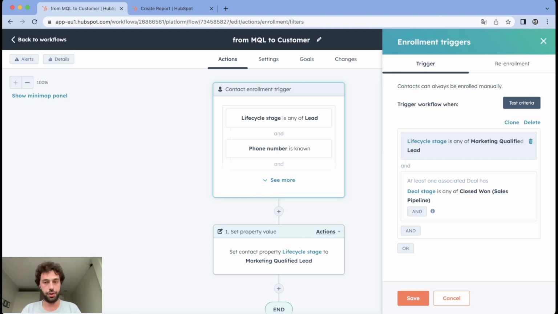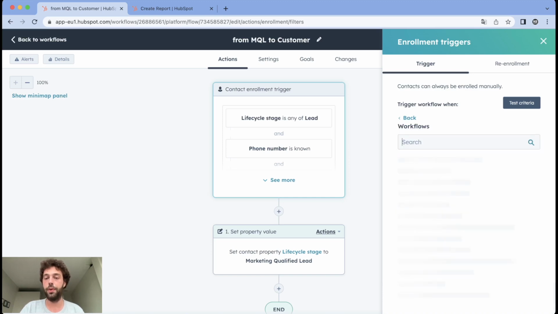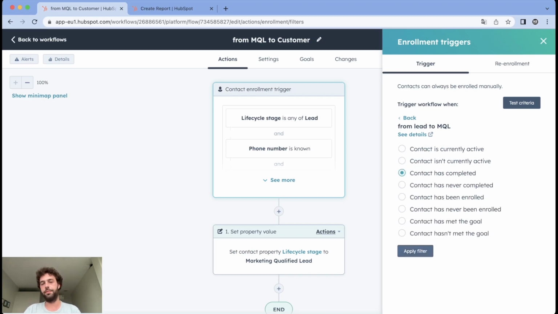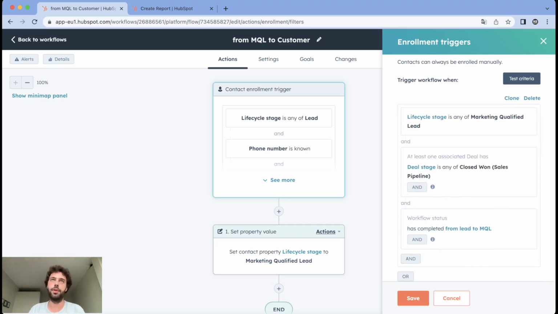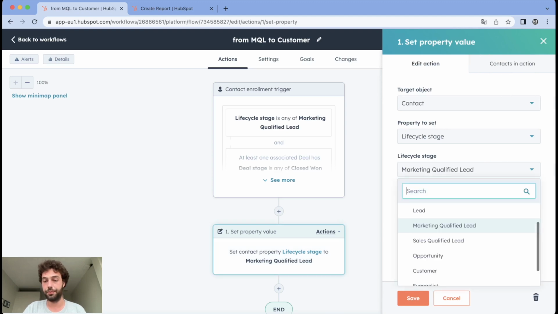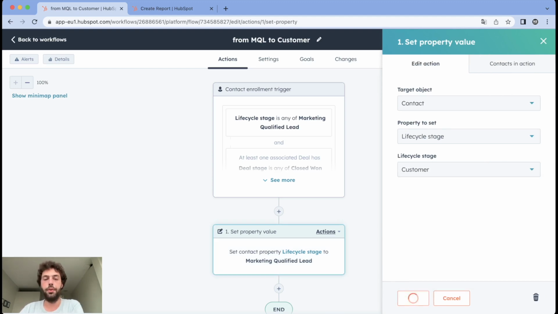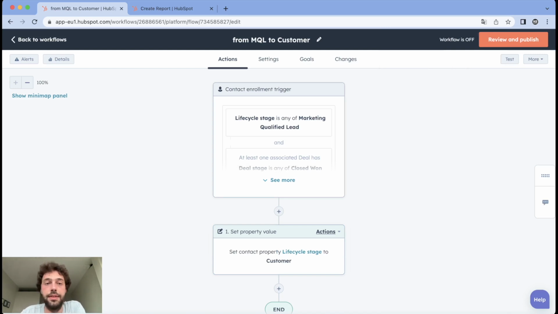So to be sure that all those leads have been through our first qualification workflow, our first lifecycle workflow, we just add this criterion, clicking on AND: workflows, and from lead to MQL has completed this workflow. So that way, it's just a simple security, but we are sure they go from lead to MQL, to MQL, to customer. We just need to save that and change the property value here to customer. And now we have our 2 workflows to automate the entire